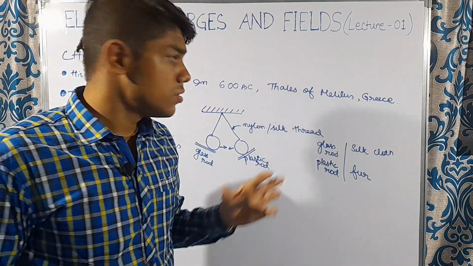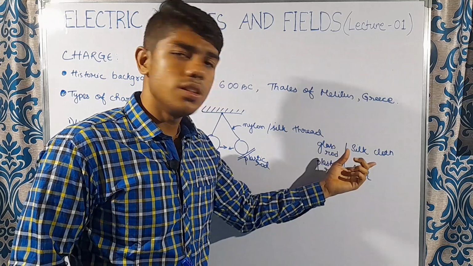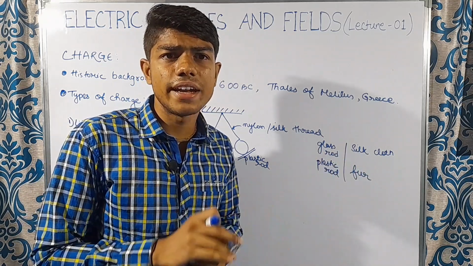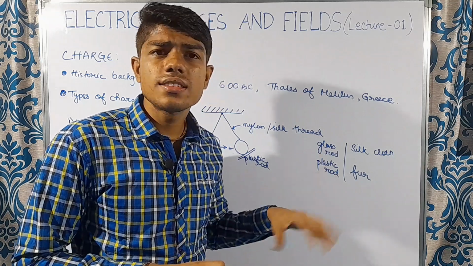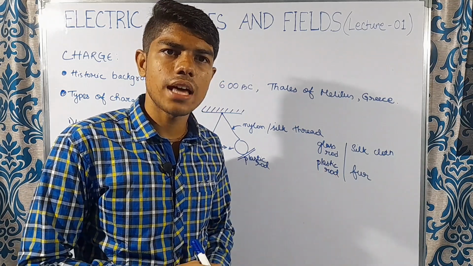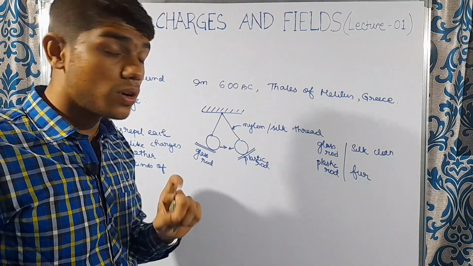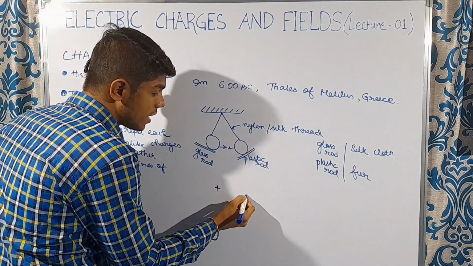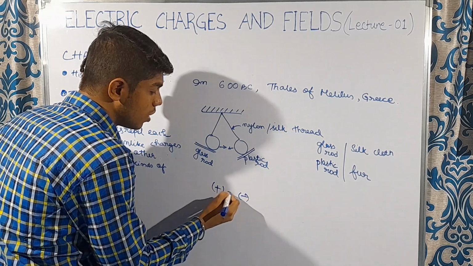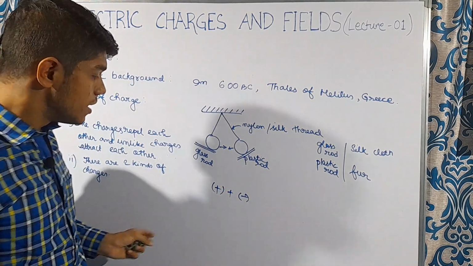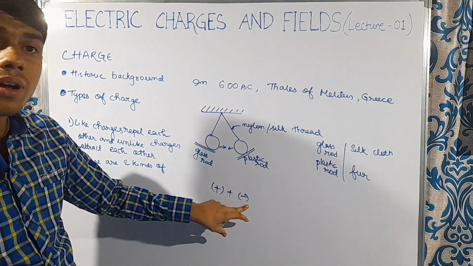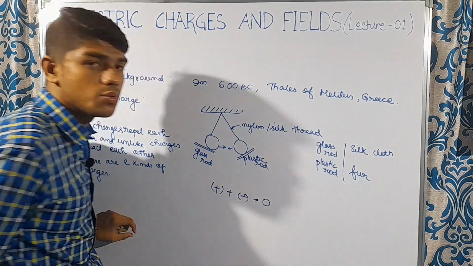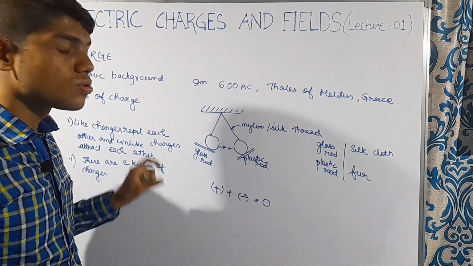Now, see, this is a charged body, this is a charged body, and when you bring them in contact, the net charge should actually get added up, but instead it is getting neutralized. So how can this happen? This is only possible if we add a positive number and a negative number of equal magnitude, right? If we have a positive number and a negative number of equal magnitude and we add them, then the sum comes to be 0, right? So that is why